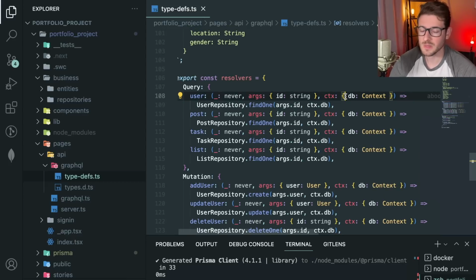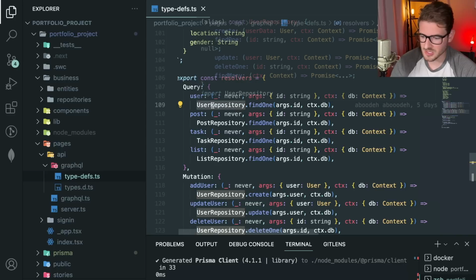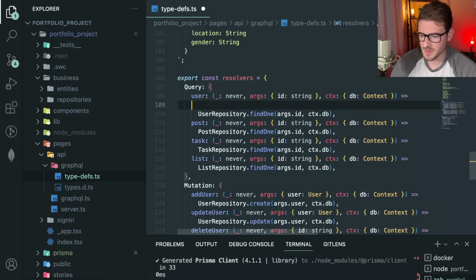But I'm not a GraphQL expert, so I don't want to teach something that's going against the grain with how you're supposed to use GraphQL. But typically, if you're trying to follow clean architecture, I would have a controller file. Your controller file is the thing that's responsible for calling your use case. And I'm not seeing a use case being called here. I see you're accessing the repository right off the bat. So this is your controller technically. Your controller should be saying something like